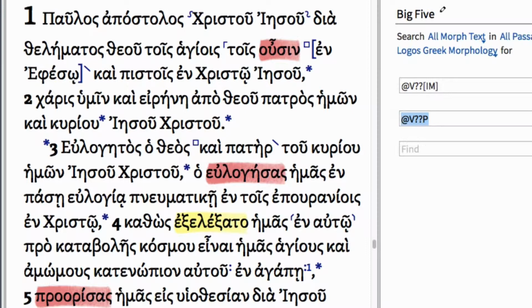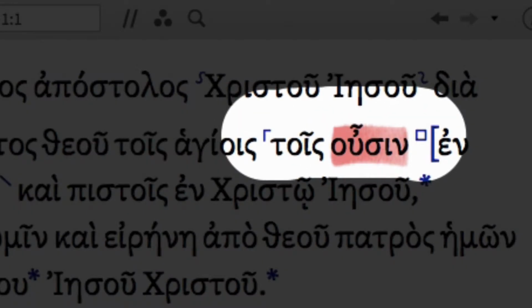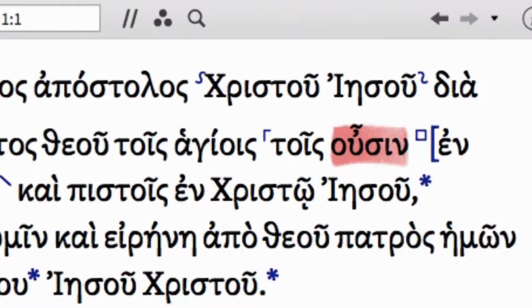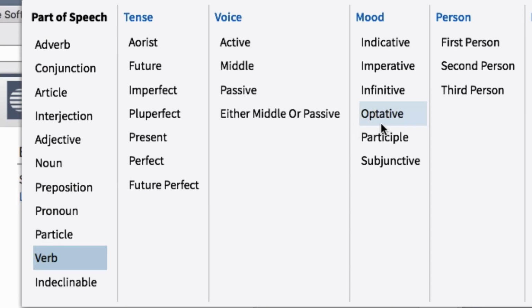This is going to result in some false positives. For instance, you can see over here in verse 1, tois ousin is a participle with a definite article, so that doesn't really match adverbial participles as a structural marker. But at least it gives us a start at very quickly being able to pick out the certain parts of speech we want. My next filter: verbs that are subordinate, like subjunctives,